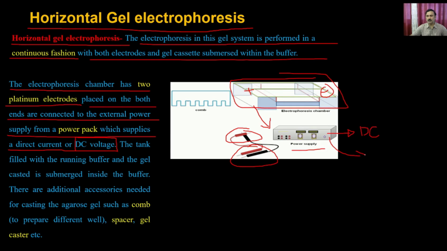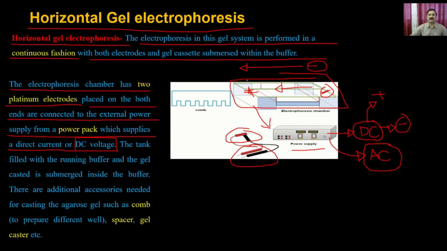The power that you use in your home is actually an AC voltage or the alternating current voltage. This alternating current voltage does not have a polarity, whereas the DC current always has a polarity of positive as well as negative, and that's why it is advantageous to use the DC voltage, because it is going to maintain the polarity so that the biomolecules are going to resolve as per their charge. For example, in the case of DNA, it is negatively charged, so it is going to run towards the positive electrode.